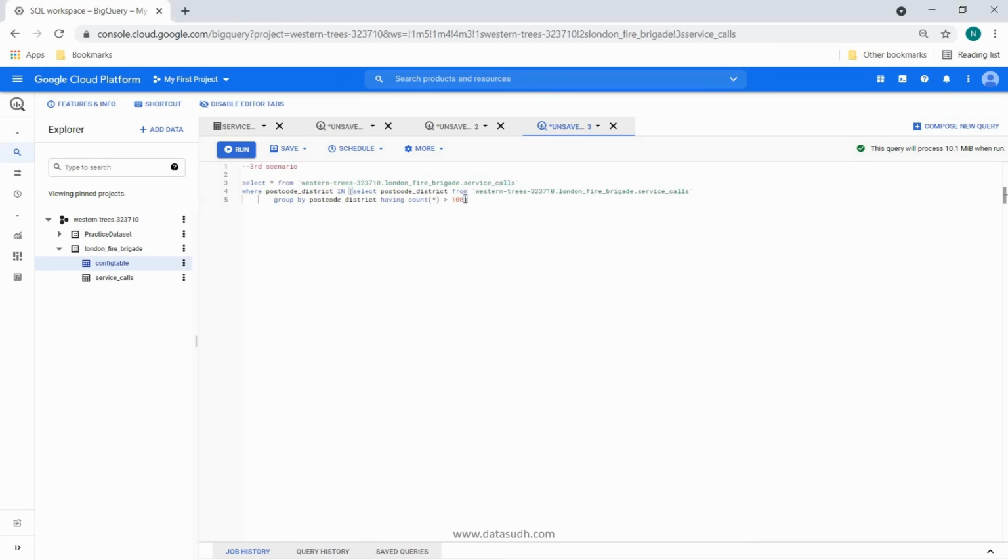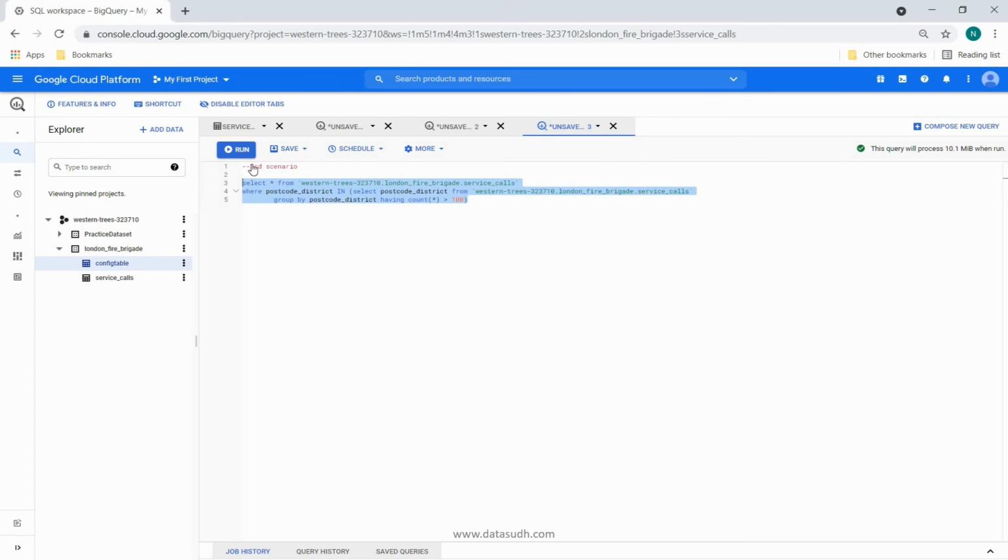Okay, so this internal query is going to give you those postcode districts for which the total number of calls made, if one row is per call, is greater than 100, and then we are going to get the record set against those rows.